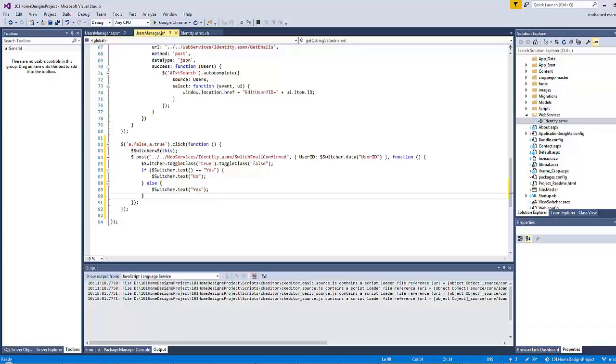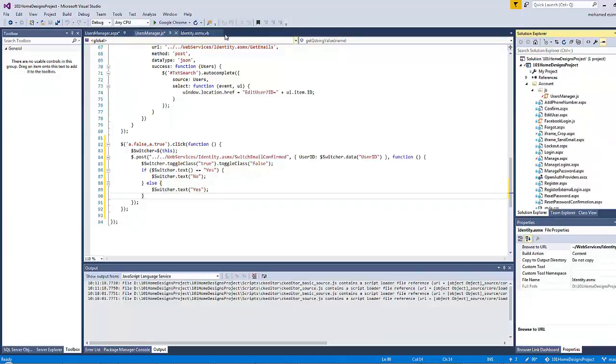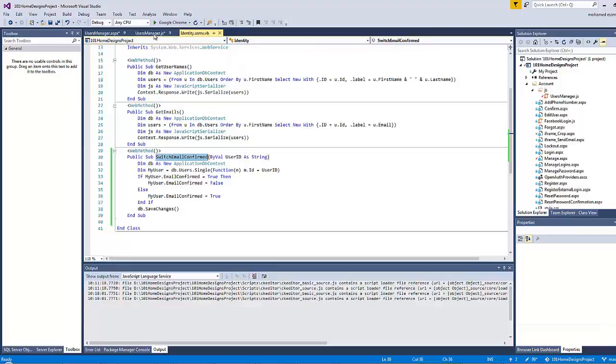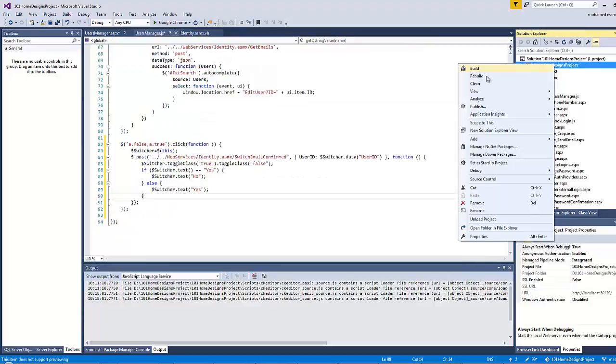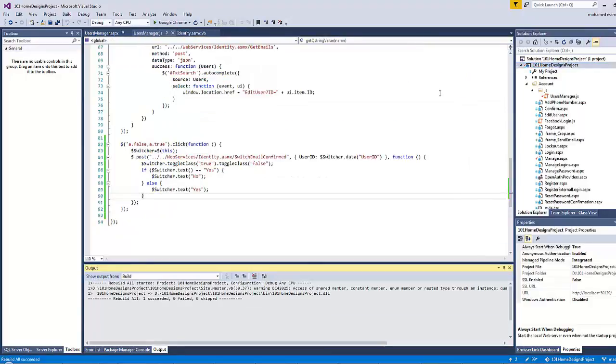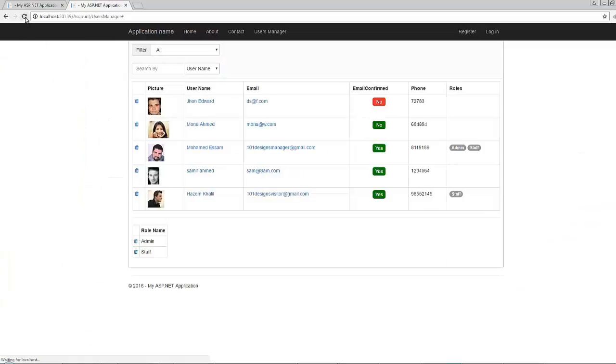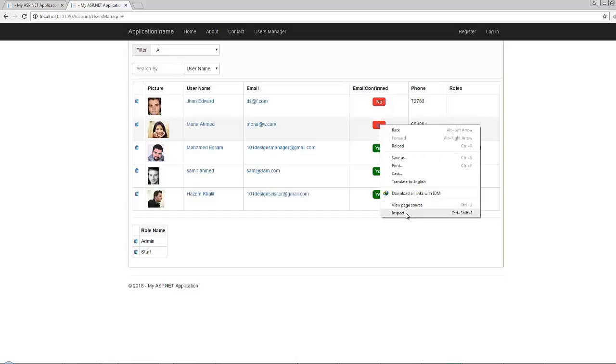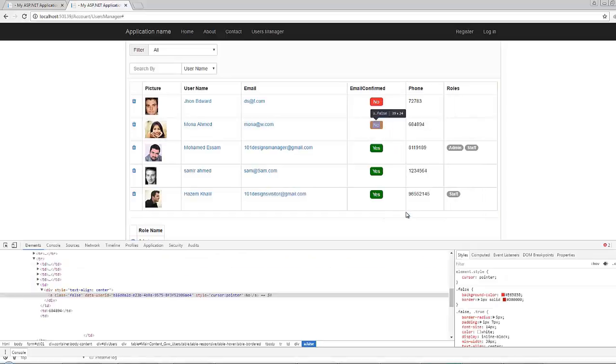Let's, by the way, rebuild our project since we have changed something here in the code. So let's rebuild it. Refresh. Okay, here we go. Now let's click on that button, for example. Nothing happens. So let's investigate what the problem is. Right click, inspect, and let's see here